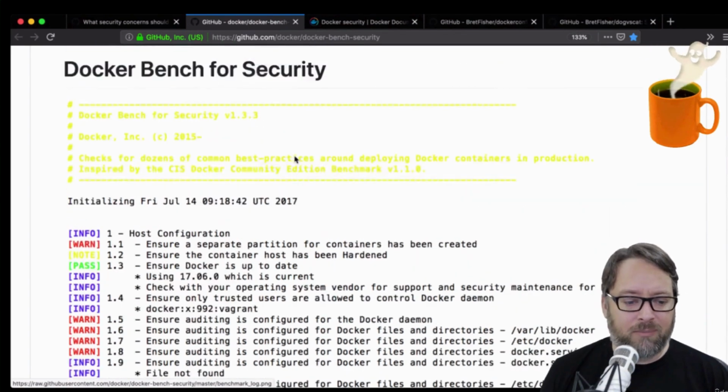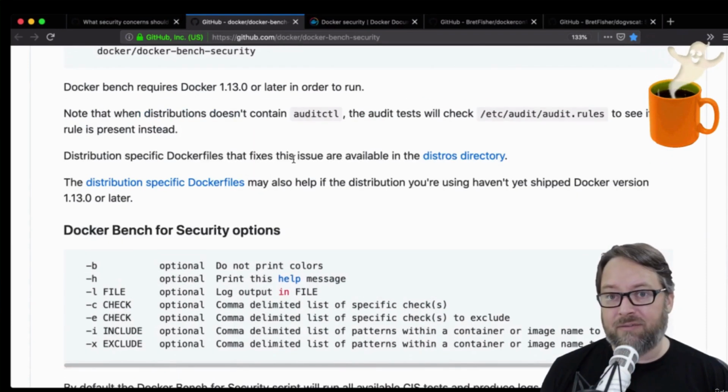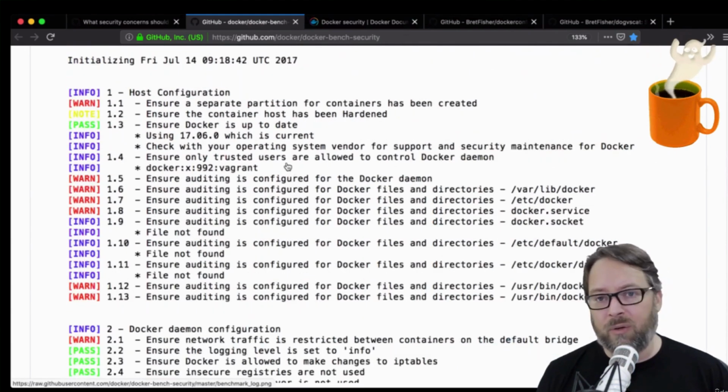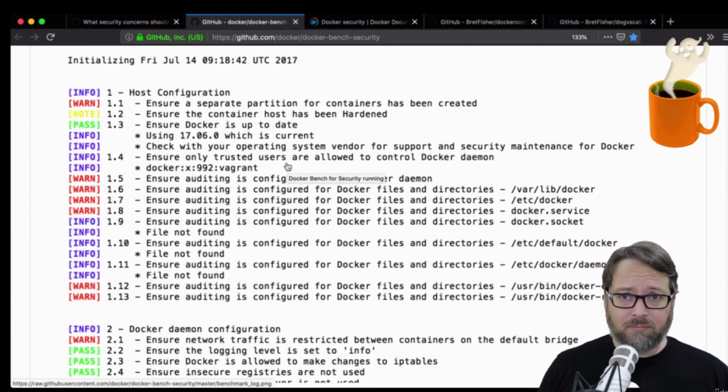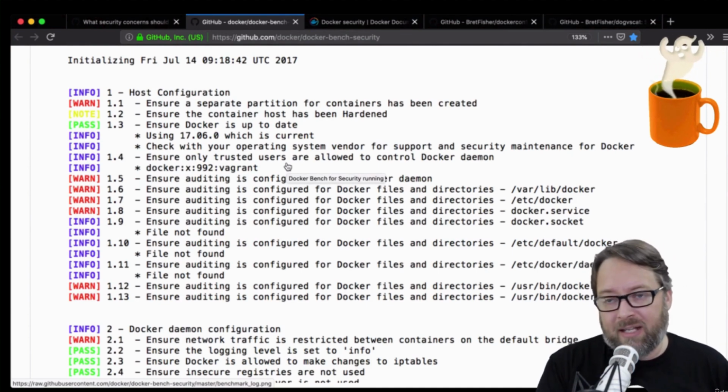And you can run it straight from the website. They give you instructions here on how to run it, and it'll dump out a bunch of stuff. Now, it's never going to be all green like most security tools. It's still going to flag certain things, and you have to look through those and decide, is that okay?